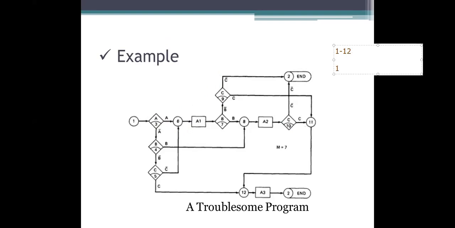The starting point is the 1, so no need of plotting, because that is the starting point. We won't get any expression there. And coming to the next one, 2 is an end point, that is an exit. To reach exit, we must have paths here. So there we should take the paths into consideration.